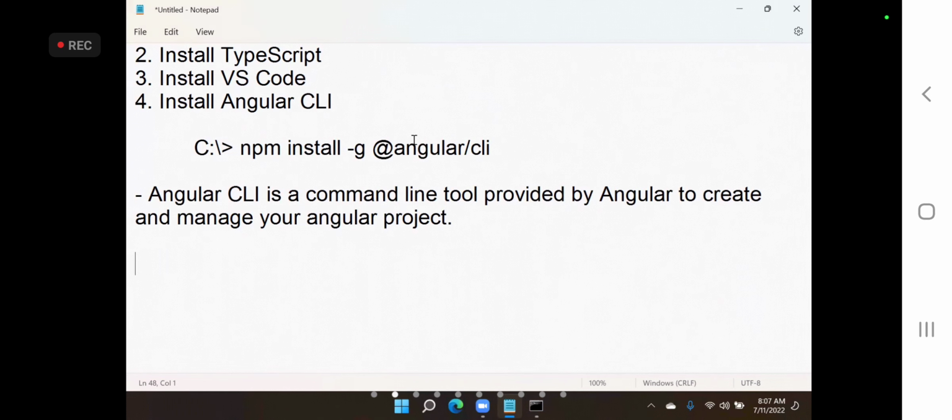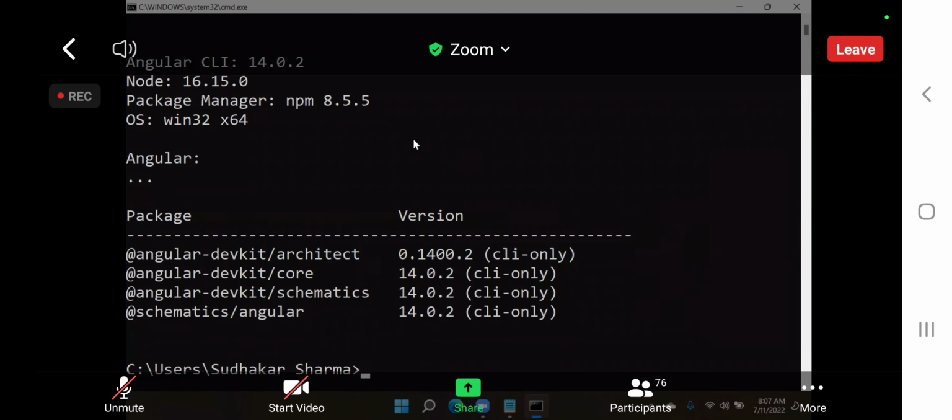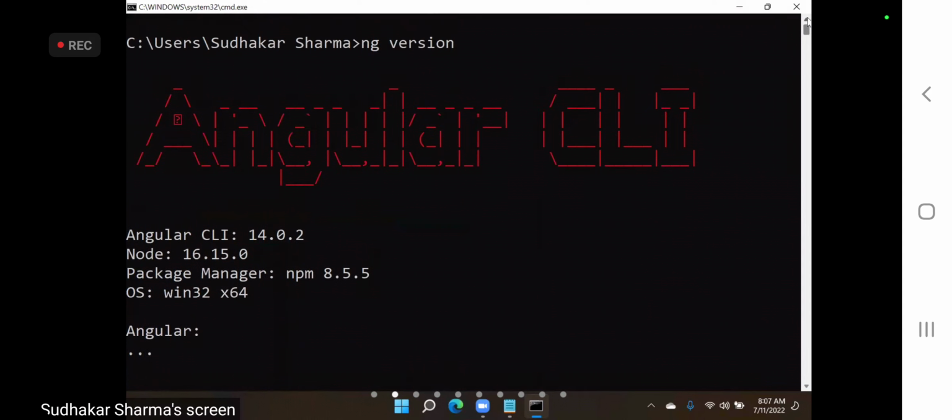You can check the Angular version just by using ng version. ng version is used to get the Angular version. You can see the current Angular version. I'm just using this ng version, and the current Angular CLI version is 14.0.2.